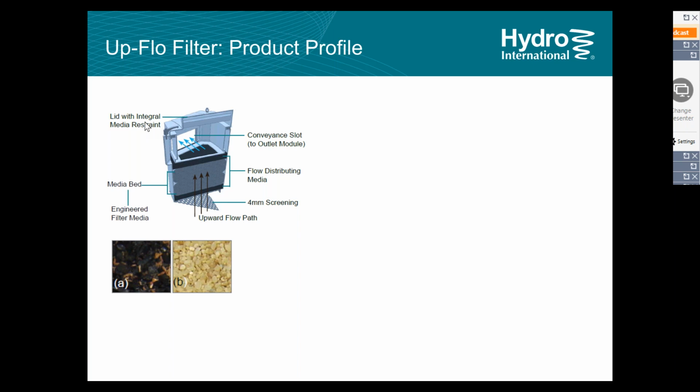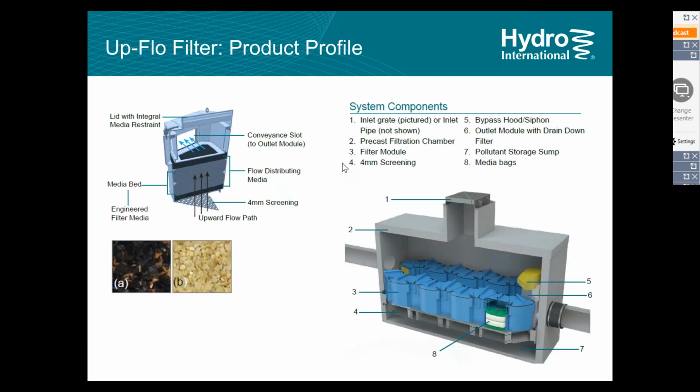What it allows us to do is mount these modules in a variety of different structure shapes. The number of modules that have to be used are very much dependent on the drainage area and in turn the treatment flow rate. One of the major differences between the use of a filter and the use of a separator is that